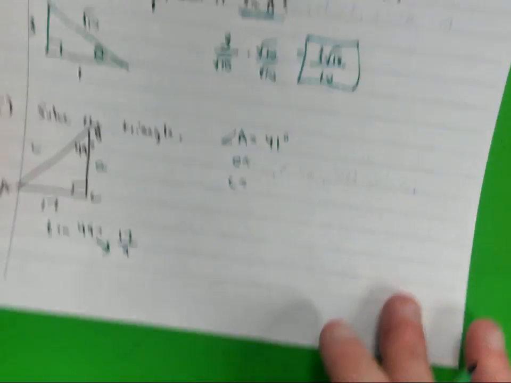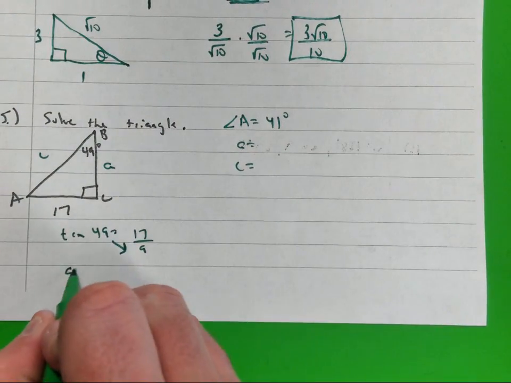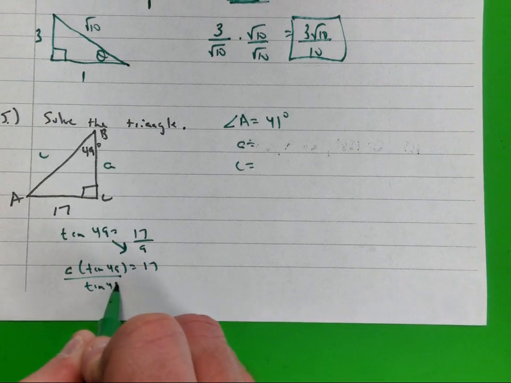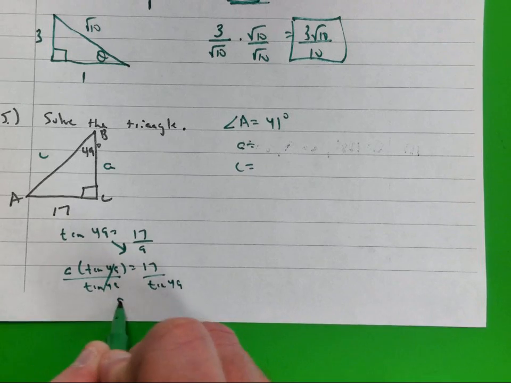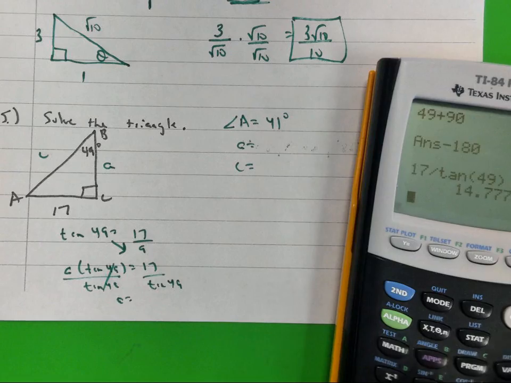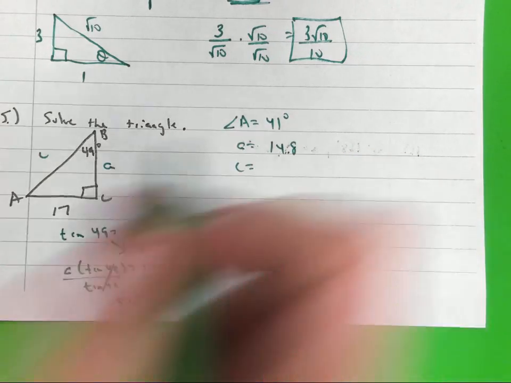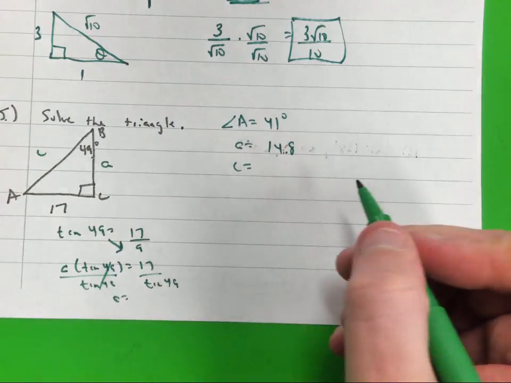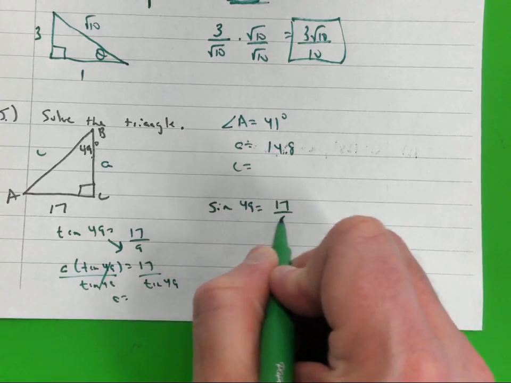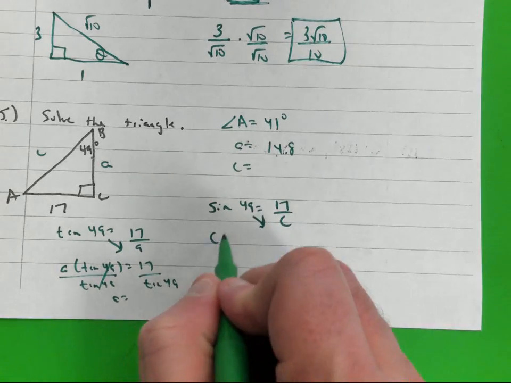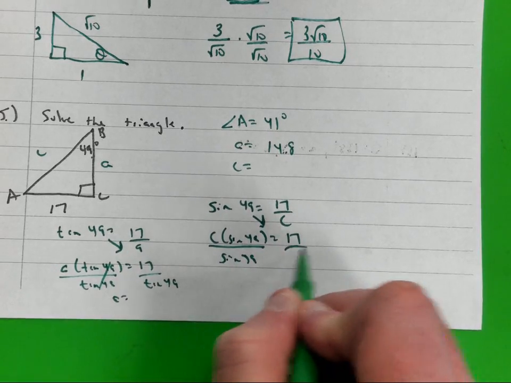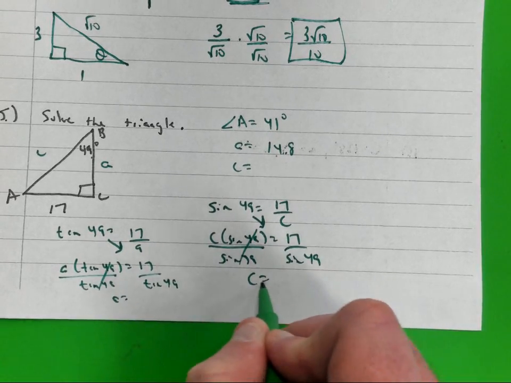Cross multiply. A times tangent of 49 equals 17. Divide by tangent of 49. A equals 17 divided by tangent of 49. 14.8. Now I'm going to use this to find C. That's opposite over hypotenuse. Sine of 49 equals 17 over C. C times sine of 49 equals 17. Divide by sine of 49. C equals